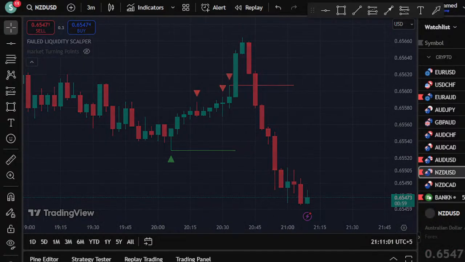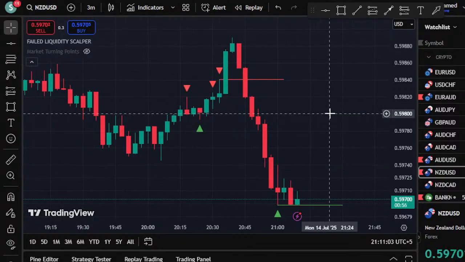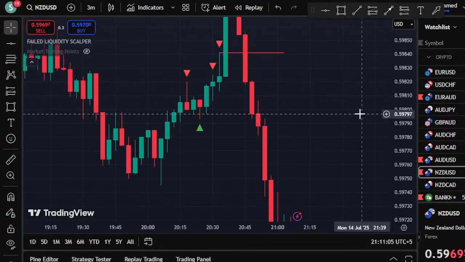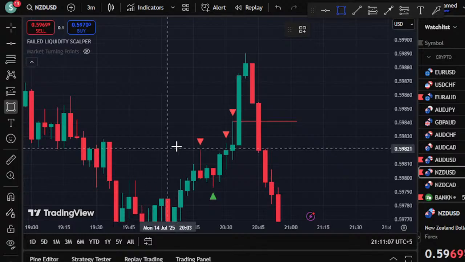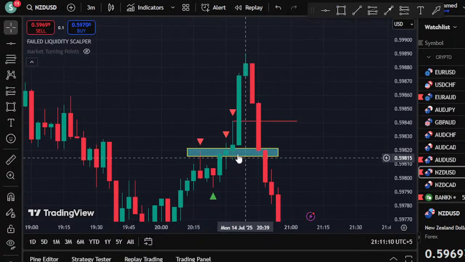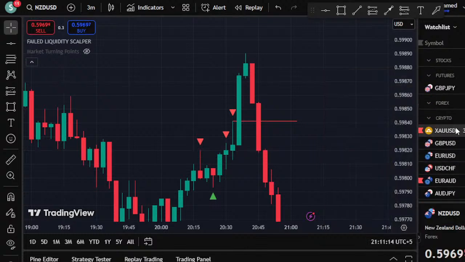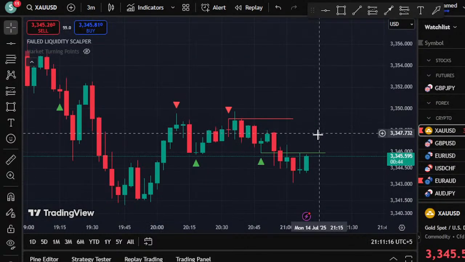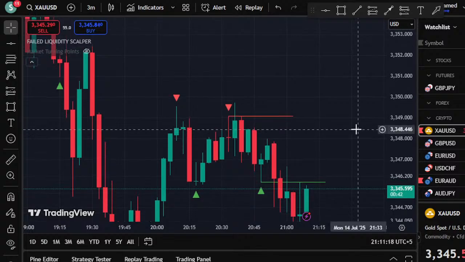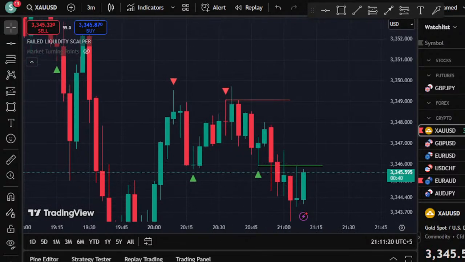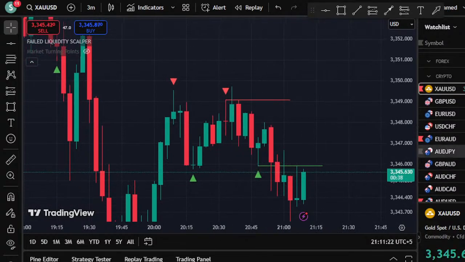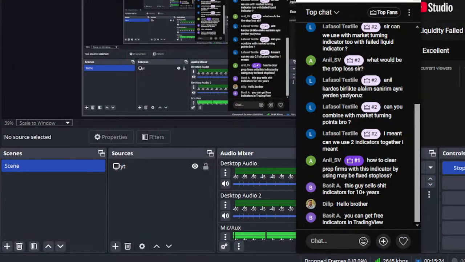Okay, let me go to NZD USD. Let's have a look. Okay, now you see here. What is this on NZD USD? The price breaks the high, you can see way up. Okay, so let's see what happened to gold. It was going down at that time, so let's see. Okay, it has given you a scalping chance. The market is slow right now, so mostly I prefer to catch 2 to 3 candles. Okay, so the next one.